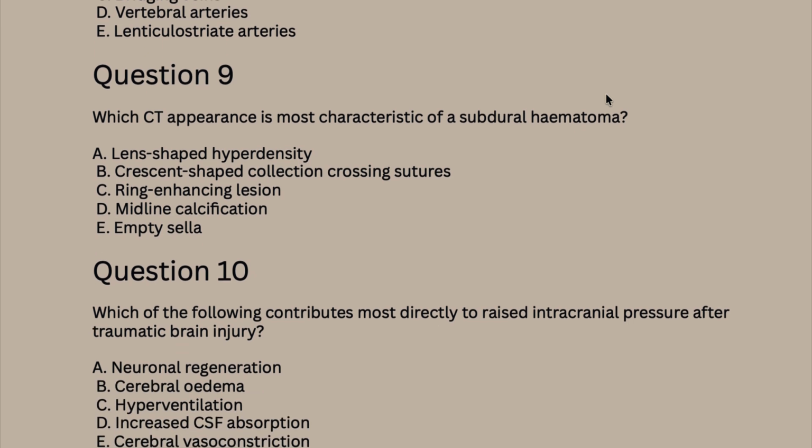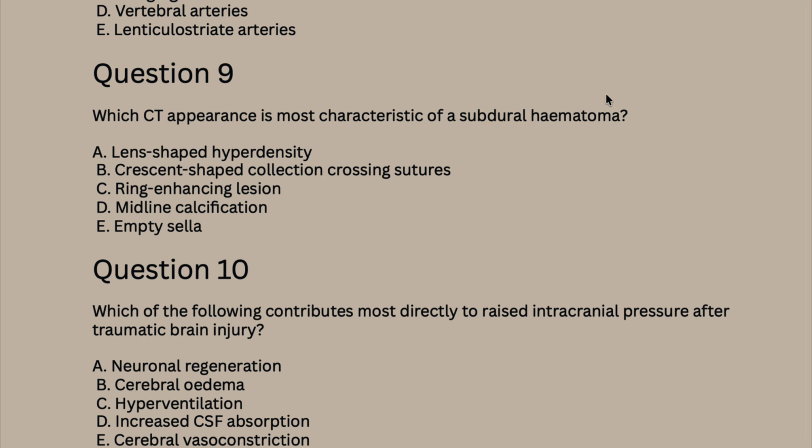So let's look at question 10. Question 10 asks what contributes most directly to raised intracranial pressure from that. So the correct answer will be cerebral edema or edema, depending. I'm not sure what exact best way to pronounce it is. But the reason for the answer being that would be because swelling increases intracranial volume. And since the skull can't expand, pressure rises, and that raises the ICP. So the raised ICP reduces cerebral perfusion, and it eventually causes brain herniation.